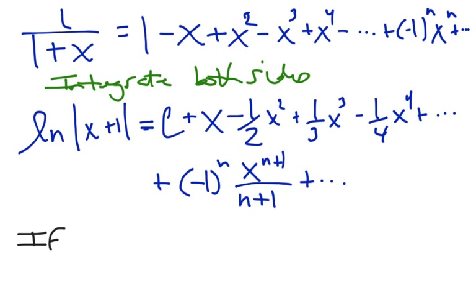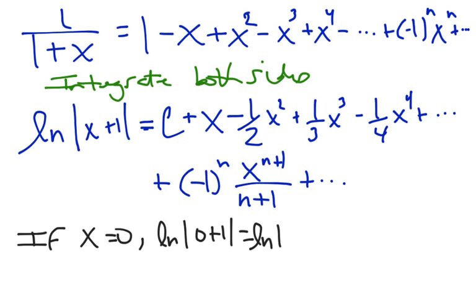So if we let x equal 0, then the natural log of the absolute value of 0 plus 1, well, we should know that that's just the natural log of 1, and the natural log of 1 is 0. And so now plugging 0 into the power series, I still get that constant, but every other term is just 0 to some power times some constant, which is going to be 0. So that tells me that c is 0,